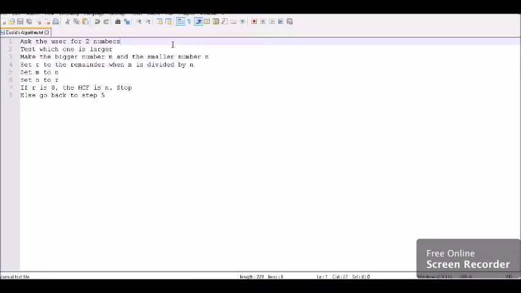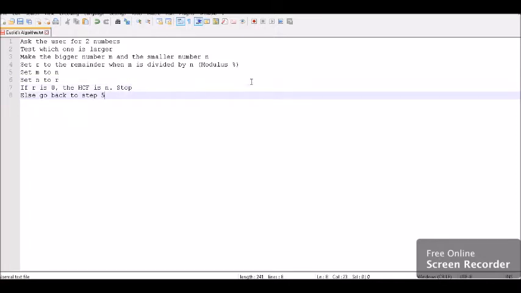You ask the user for two numbers, you test which one is bigger, you make the bigger number m and the smaller number n, you set out the remainder when m is divided by n, and the concept here is the concept we call modulus. Modulus means remainder, and you're already used to modulus. Modulus is when you are using base 12 for telling time, or base 24, which is an obvious example. In the Python programming language, we use percentage to define modulus. Now we set m to n and n to r, and then we continue going until the value of the